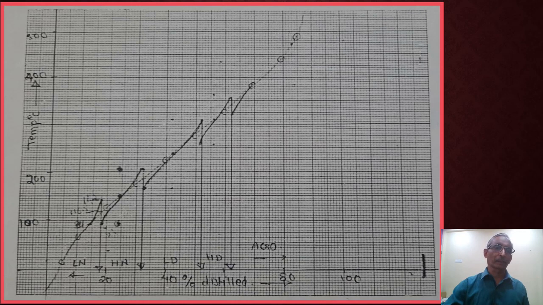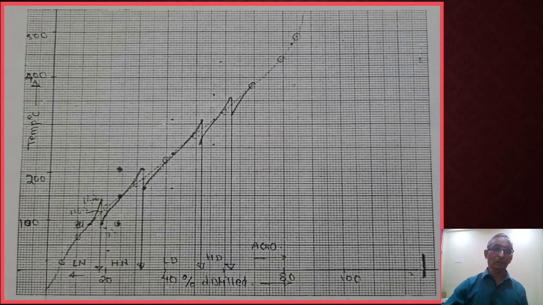So this way, in the laboratory only, this information you are going to provide to the petroleum refineries, those who are going to operate this atmospheric distillation column, for example BPCL, HPCL. They have the approximate values available with them if they operate this column at the respective TBP temperature. So they know that they have this much quantity of light naphtha, 18% is available, and heavy naphtha this much percent is available.